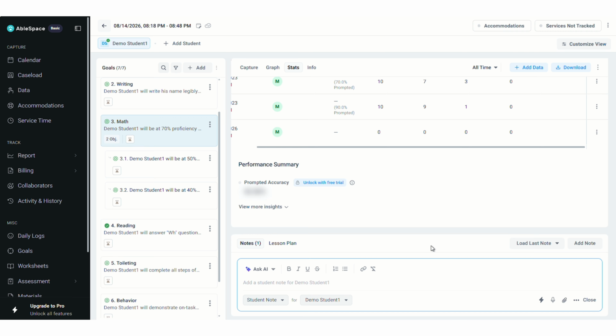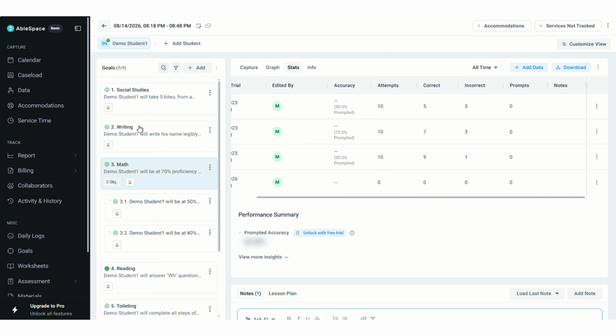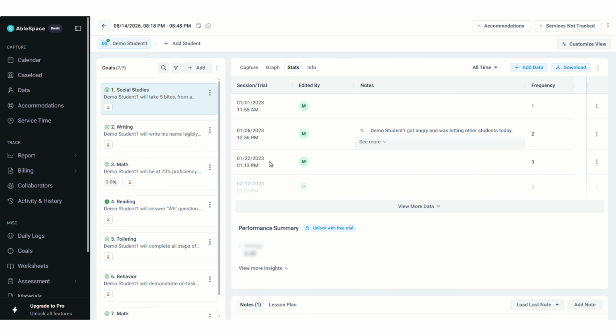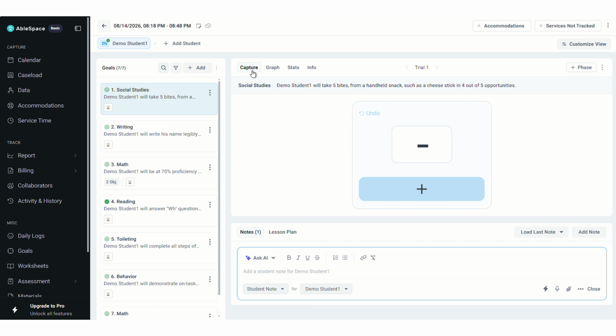And last thing, keyboard shortcut for faster data entry. During a session, the educator may need to record many trials. Clicking the data buttons repeatedly with the mouse can be a little slow.